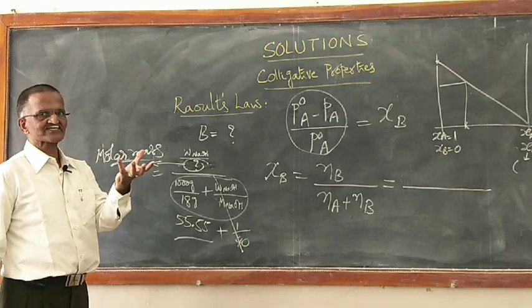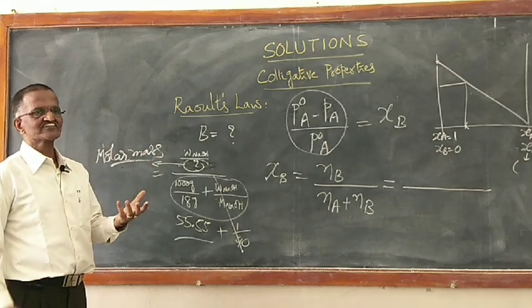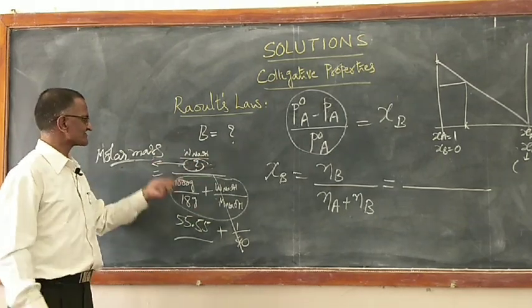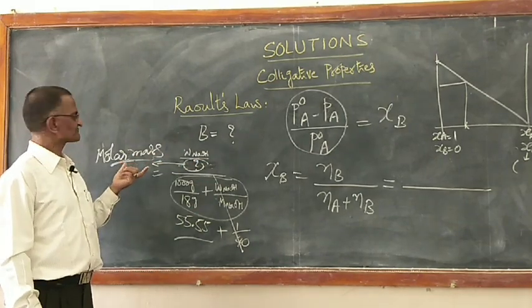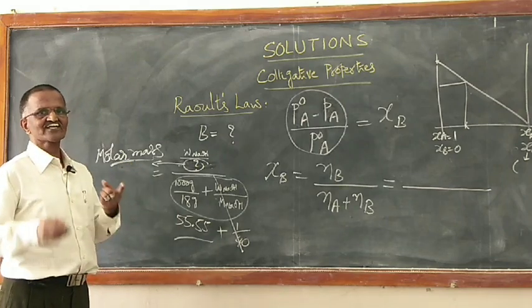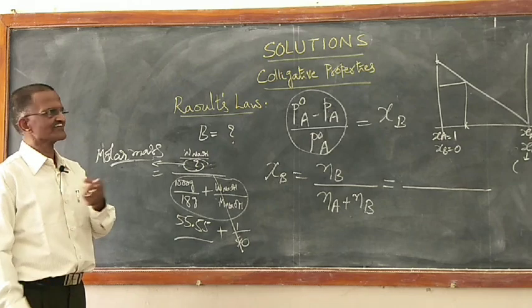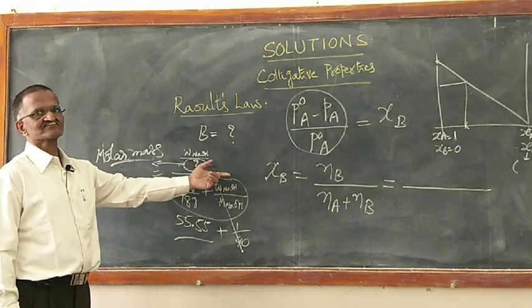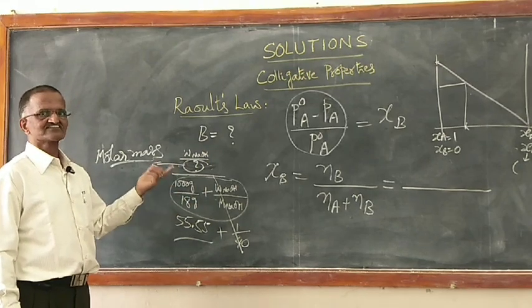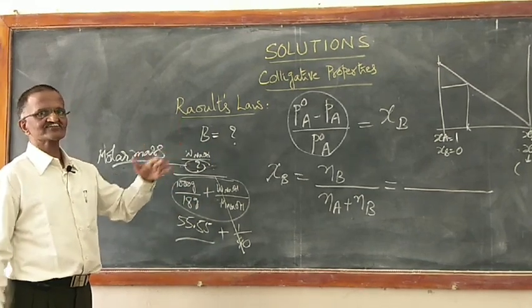Now if a substance is given and I want to know the molar mass, don't tell me, sir, I will go study its colligative properties, then do this calculation and then come back. Then I know the molar mass. No need. So if I want to have an exact molecular formula, this I should know first. So molecular formulas are arrived at with the help of this. We will see the other colligative properties and we will go ahead.